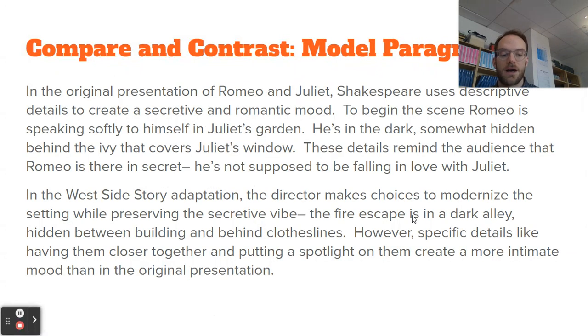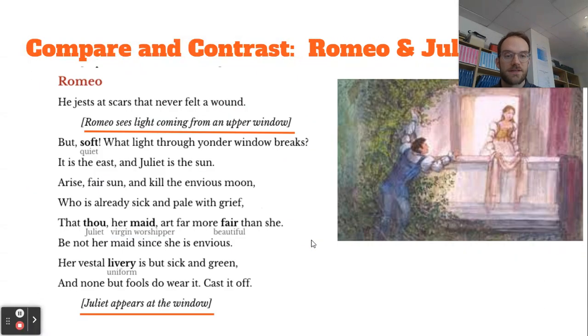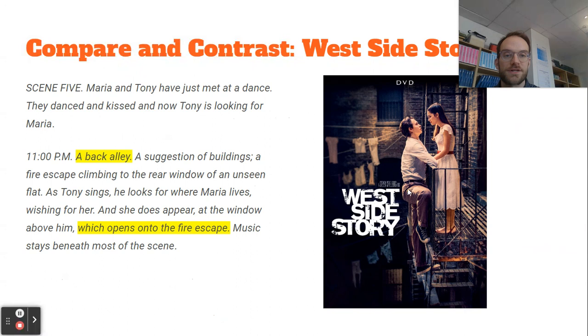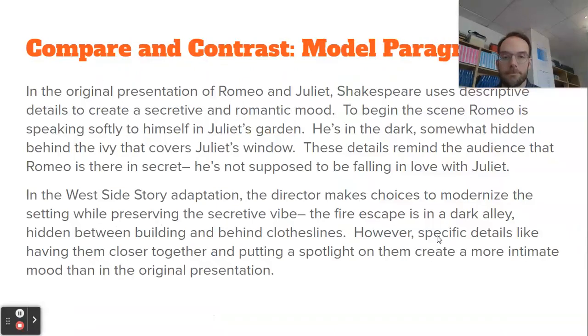Where in the other adaptation, in the West Side Story adaptation, the director makes choices to modernize the setting while preserving the secret vibe. The fire escape is in a dark alley, hidden between buildings and between the clotheslines. And so it's similar to this in that it's still sort of secretive. It's dark. It's in the alley, up on the fire escape, out of the view of other people. But, however, specific details like having them closer together,